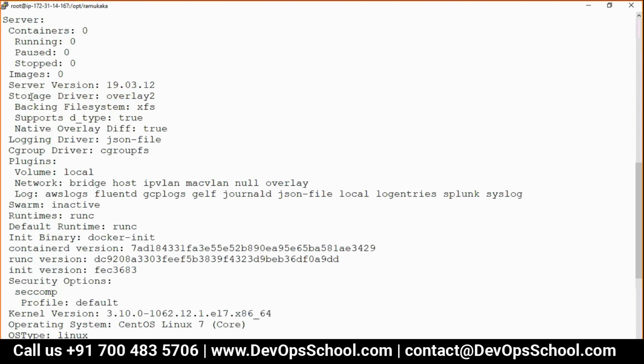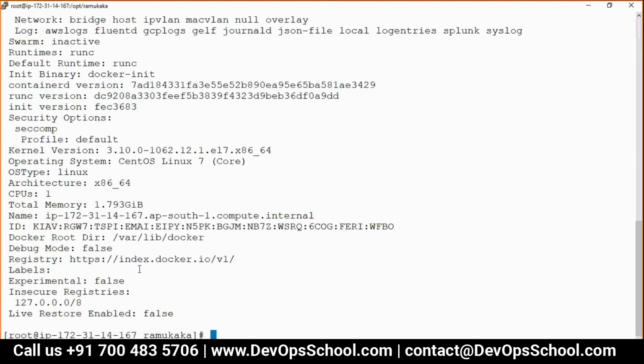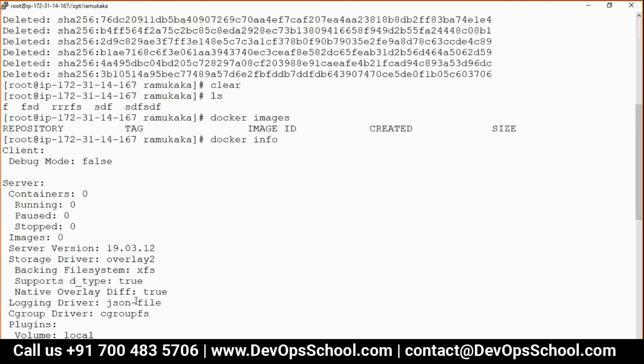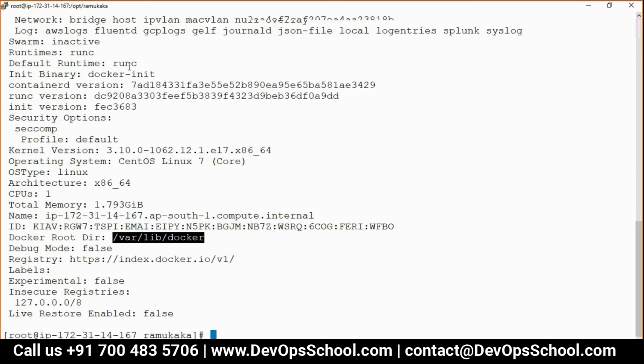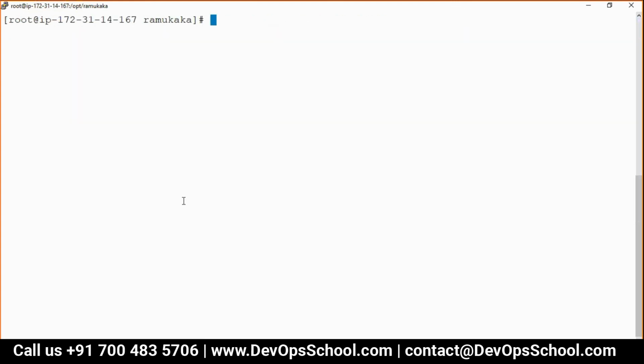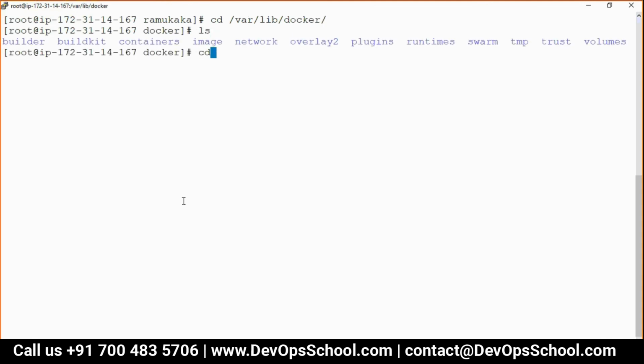Storage driver. What is this? Overlay2. That means /var/lib/docker/overlay2. Okay, so let's go. /var/lib/docker.